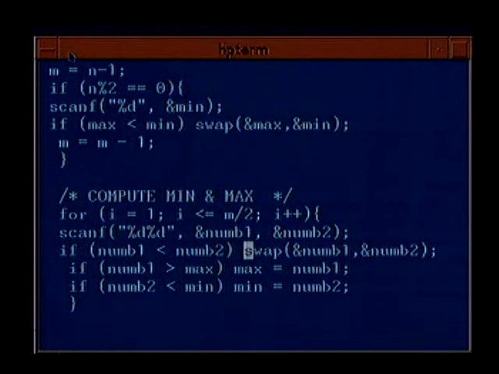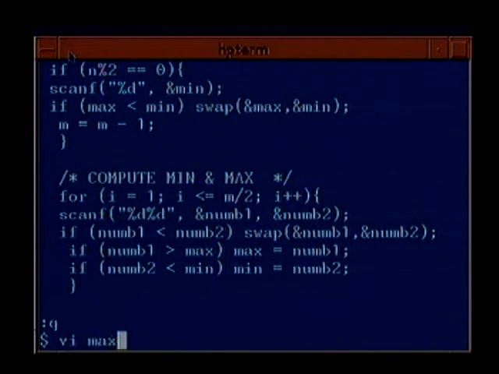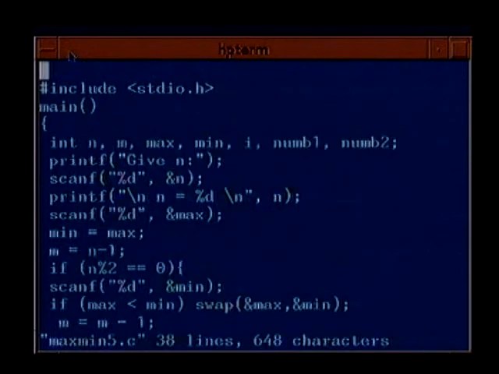Here you could have said if num1 is less than num2, you could have done this, else you could have done something else. That is, else you could have compared num2 with max and num1 with min. That is the final thing that you could have done.